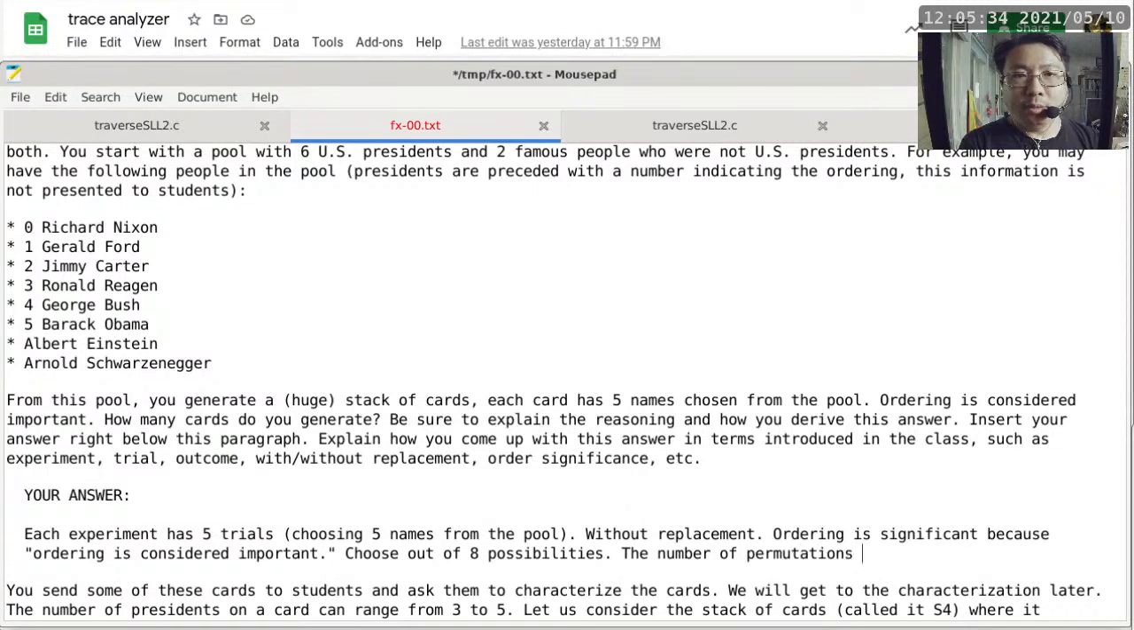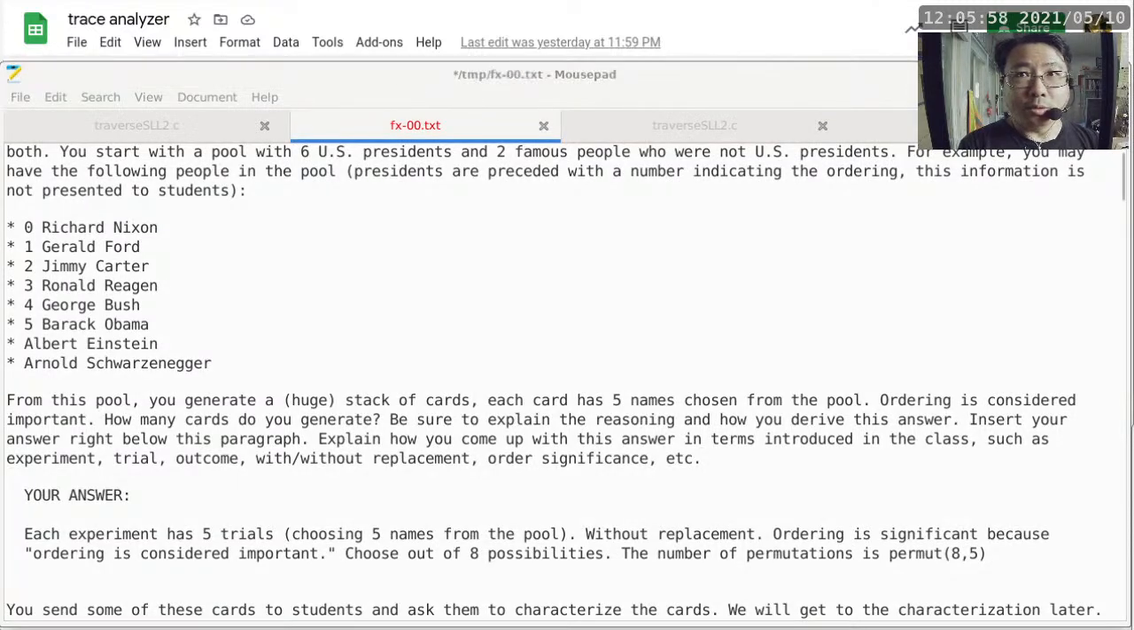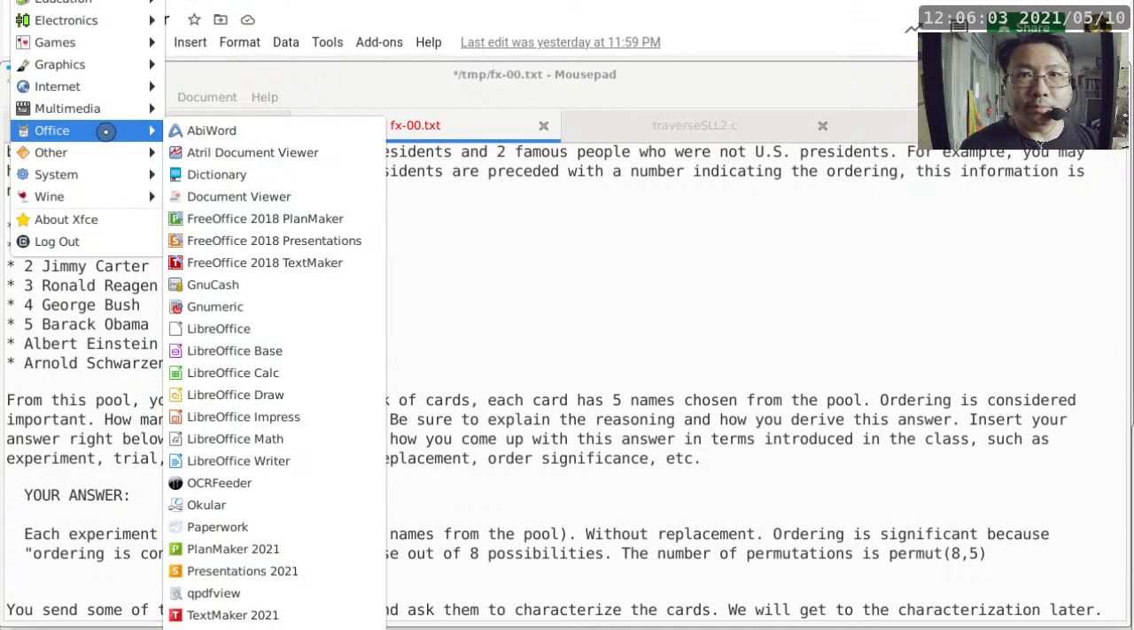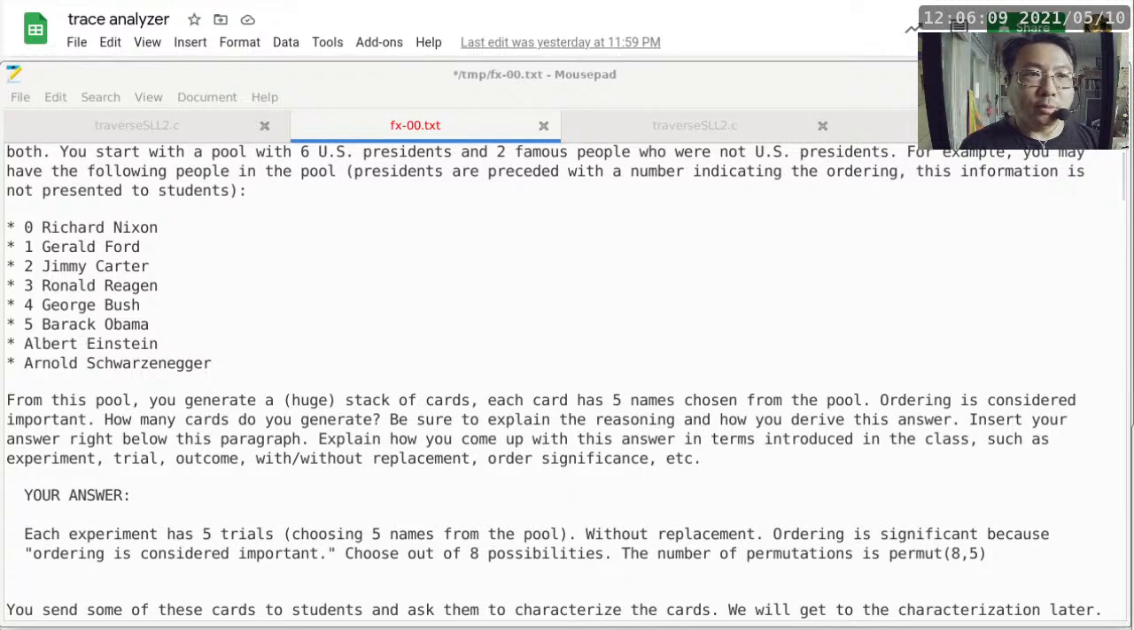permutations this time, because permutation is the one where ordering is important and it is without replacement, and combination is like permutations, but ordering is not important. So the number of permutations is permut. We have 8 to begin with. We are choosing 5. And in this case, because you are all using a computer to do this, I want you to give me the actual number. If this were done on paper, most of the time I would say you can just give me the closed form equation. But in this case, because we are all using computers,